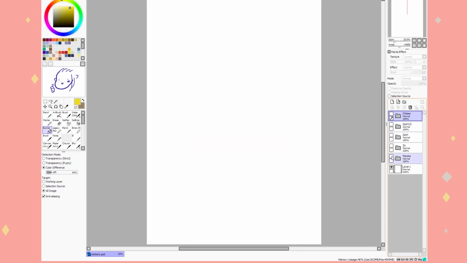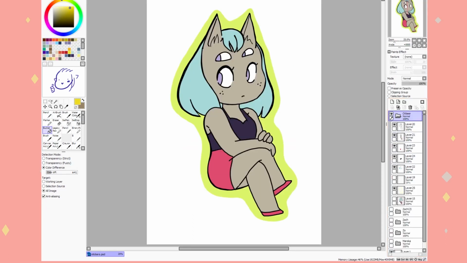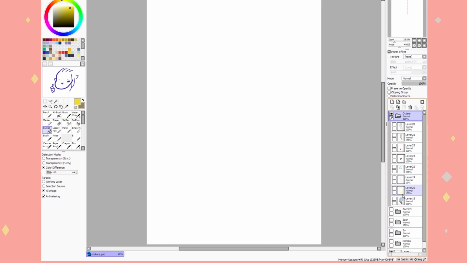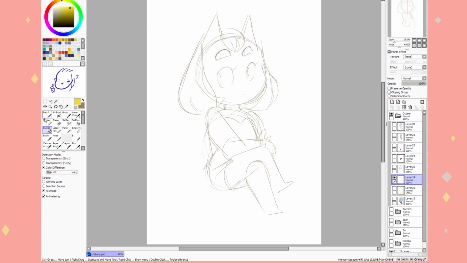So for example, with how I have gone about the image, let me show you. So I have the sketch, which is very pale. I'd lowered the opacity so that I could see above it, and so I just have a basic sketch of how I want it. They can be super simple, but you've got to remember that the outline of stickers has to be quite tight and not too